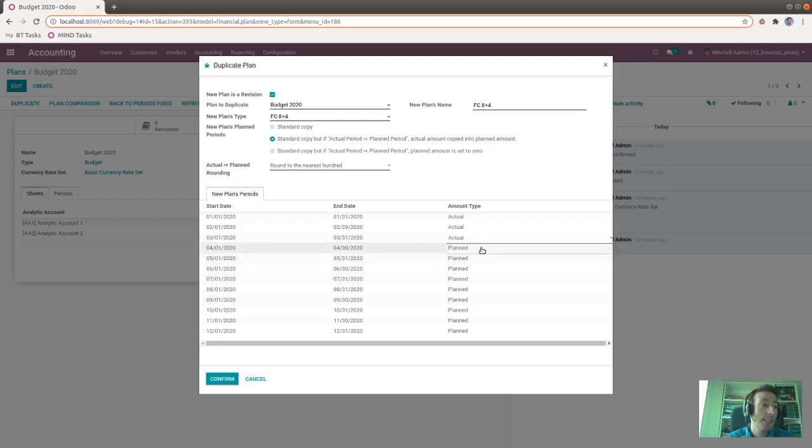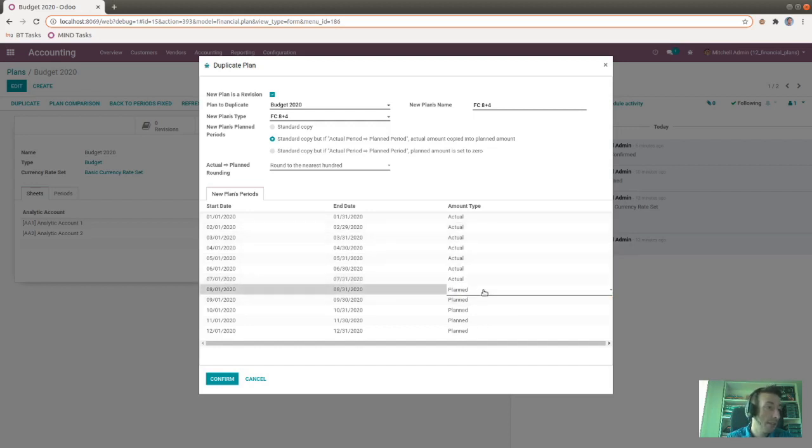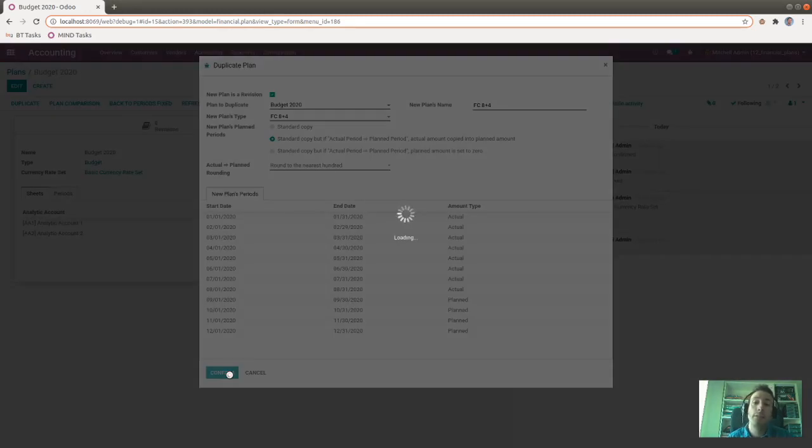So I want the forecast to contain historic data, the one I have already collected. Okay, so I'm going to put the first 8 months as actual, and then the rest of the months as planned. I click on confirm, and what is going to happen is that the new revision is going to obtain the data from the budget 2020.